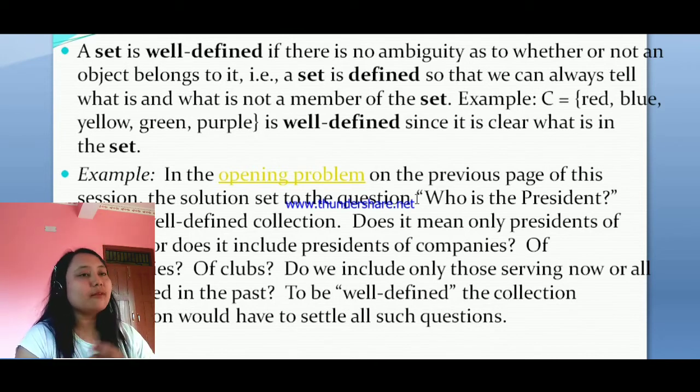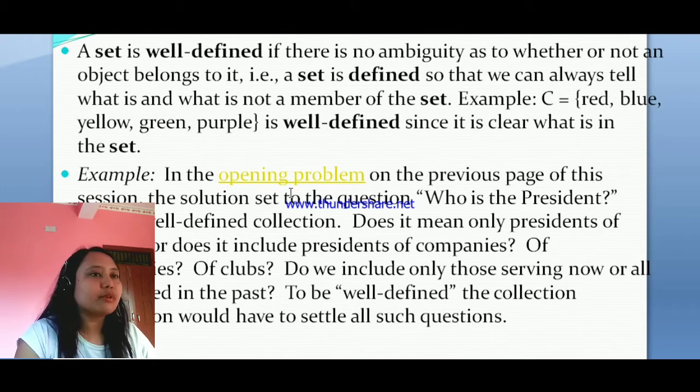Otherwise, if I ask you a question like, is varieties of color a member of set C? It's color, right? But all the varieties of color are not given here. So it's not a well-defined question.